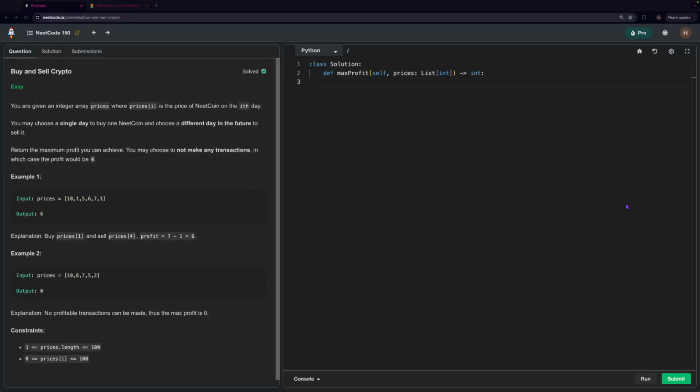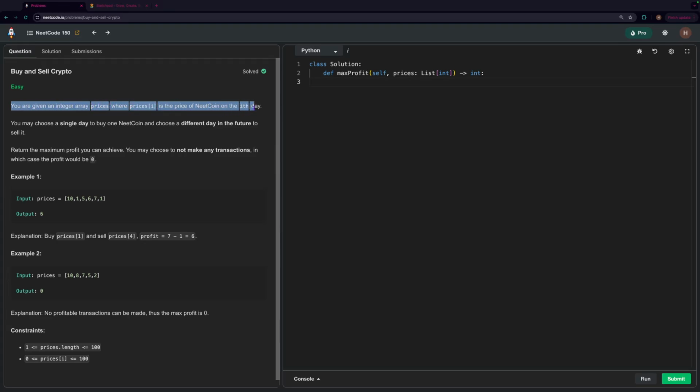Hello everyone, today is day 27 of solving a LeetCode problem every day, and today we're going to be solving Buy and Sell Crypto. I've solved this problem in the past before, but it's been a while, so let's try to do this together. So you're given an integer array of prices where prices[i] is the price of